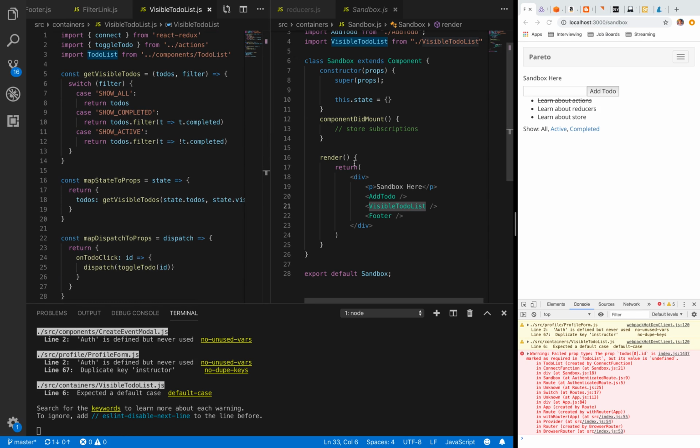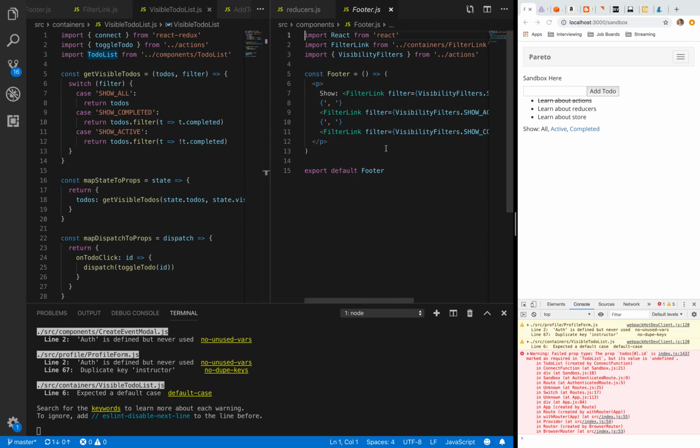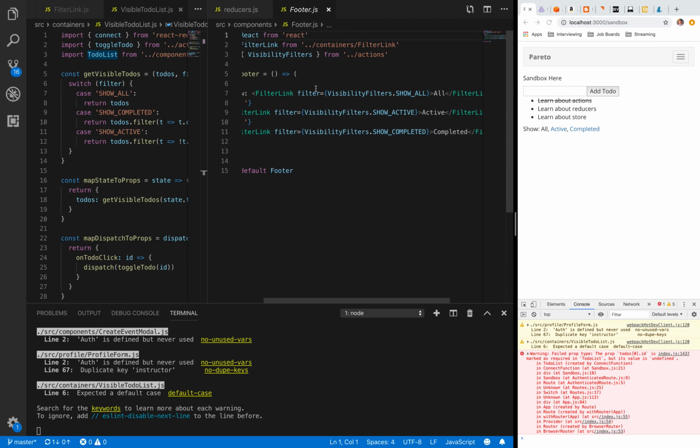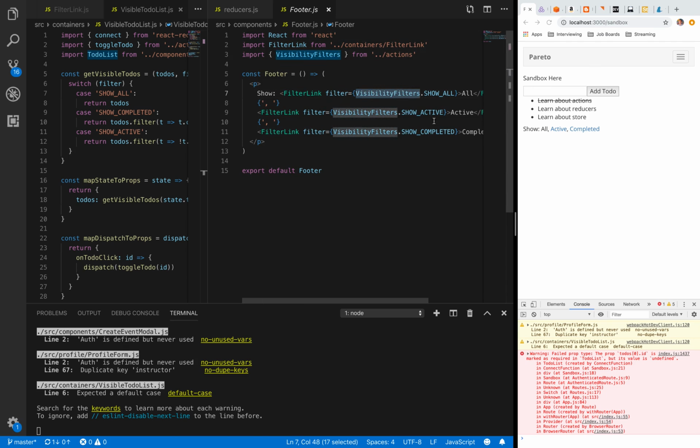And then let's take a look at the footer component real quick. So the footer here shows the filter link components, and the filter is basically the type of each of these links. So when one of these filters is clicked, it dispatches an action with the type of show all. And then what that does